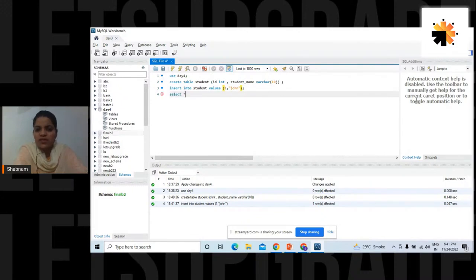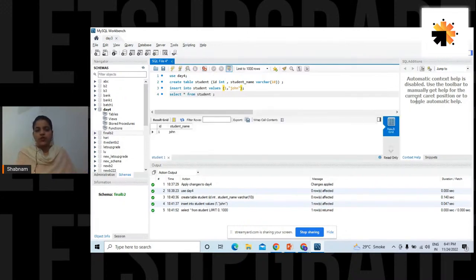Open the table using the select statement. This was R of CRUD. Read the data of the table. So select star from student. Good. It shows me ID or roll number 1, John, is present in the table. Correct. Now let me edit this data and write here, or let me write it again.